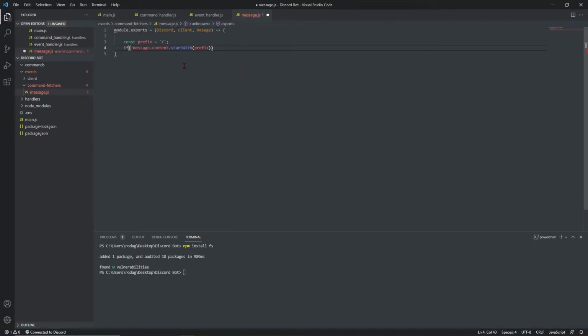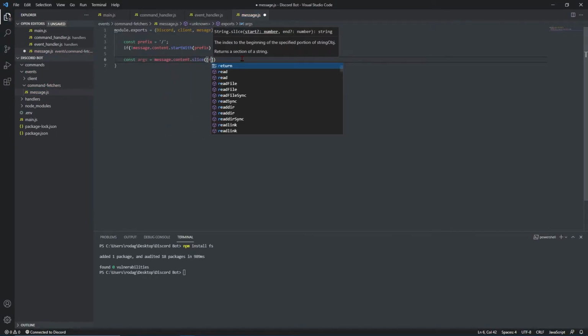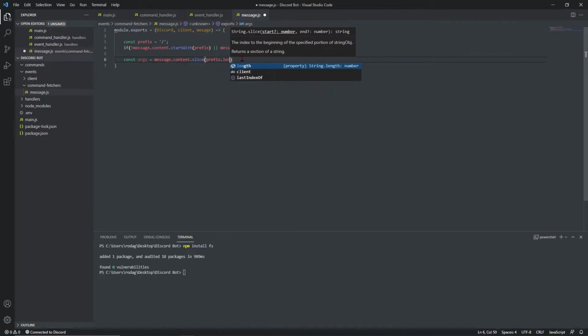So if the message does not start with the prefix, this exclamation mark means if this value is not true. So if it doesn't start with the prefix, or if the message dot author is a bot, then I want you to break the command, meaning I want you to do absolutely nothing. So const arguments equals message dot content dot slice prefix dot length,